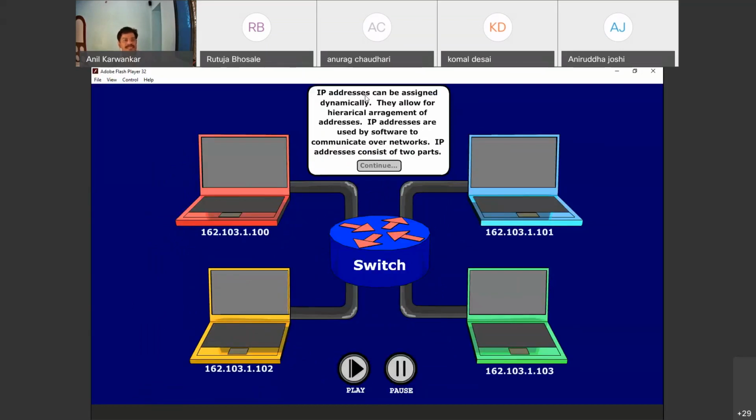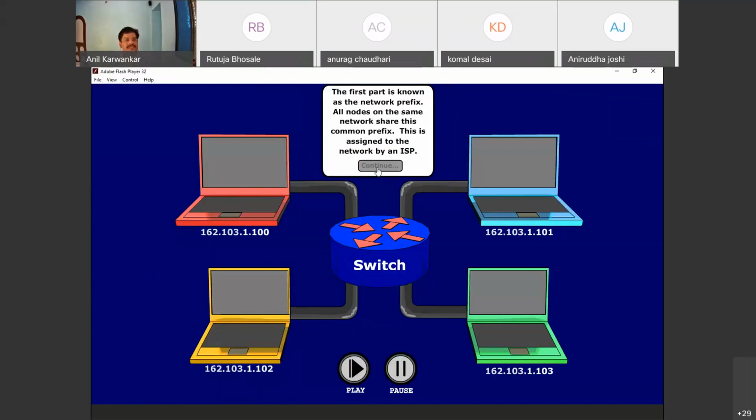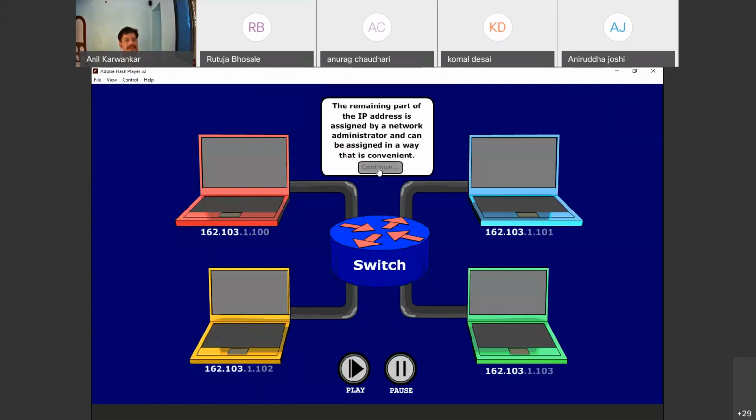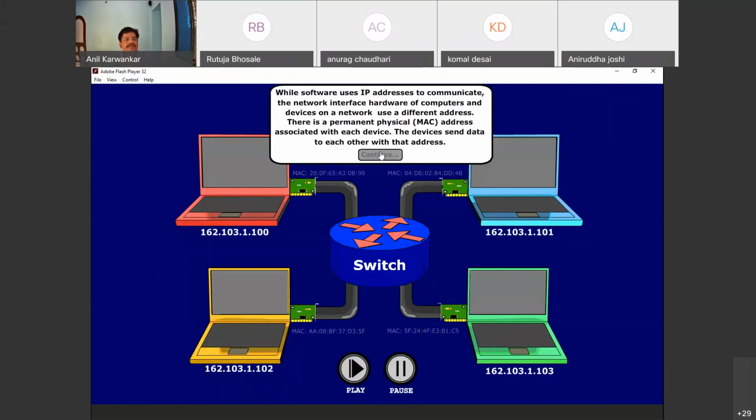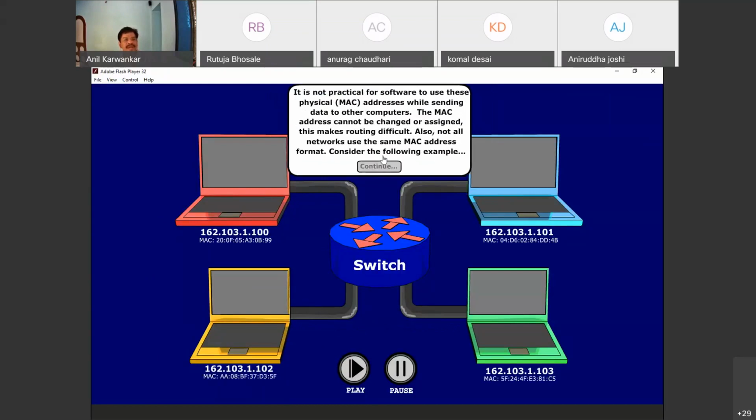IP addresses can be assigned dynamically. They allow for hierarchical assignment of the addresses. IP addresses are used by software to communicate over the network. MAC addresses are the physical addresses.